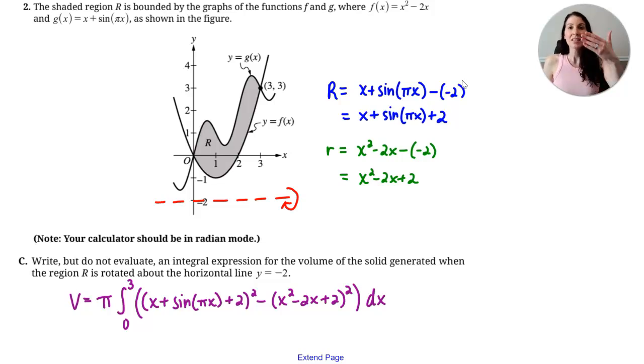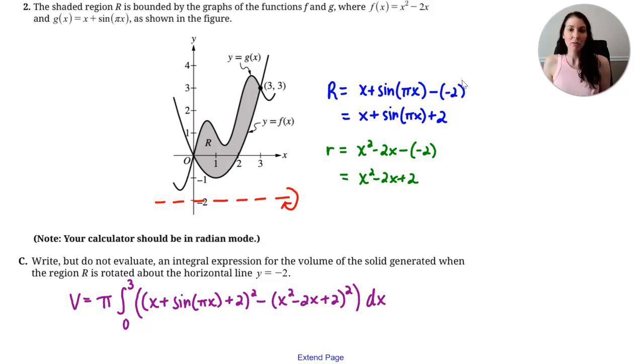So now that I have my large radius and my small radius, I can put that into the integral. Because these are washers, we have circles. So it's essentially pi large radius squared minus pi small radius squared. And you can factor that pi out in front of the integral. So we would have that the volume is